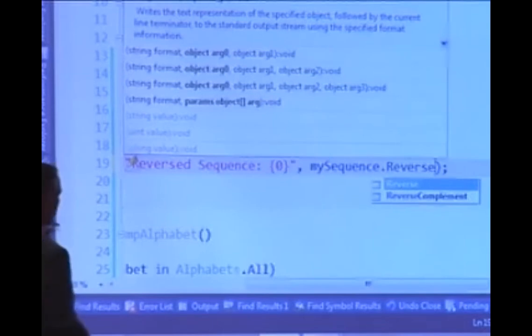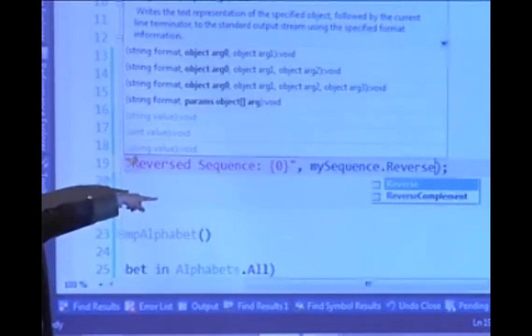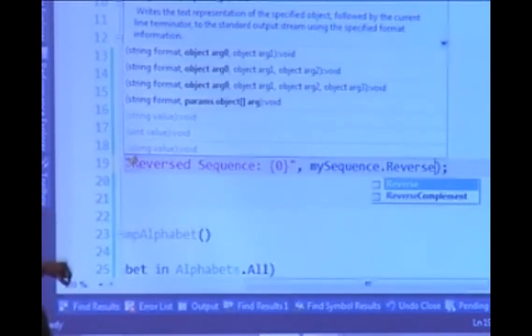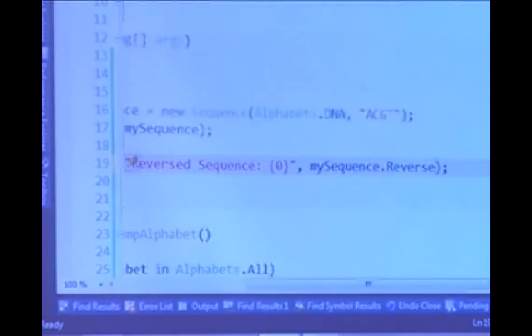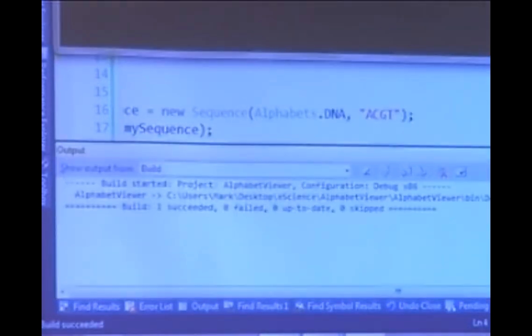It wraps this existing sequence, and when you index into the sequence, it does the reversal on each character index. It's just transposing the index values themselves, so it's not trying to copy the data or anything like that. All the data remains the same. But if I do this, I can now see that my reversed sequence is TGCA, which is what I expect. No big magic here. This is all just standard stuff that you would use in any sort of aligner tool, right? But we can get the complement and the reverse complement out of this as well.